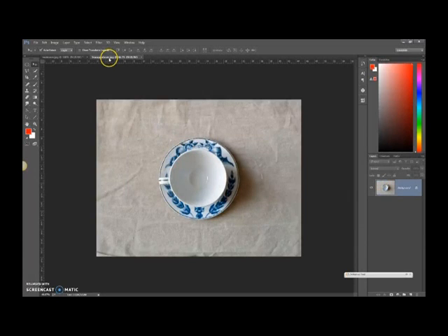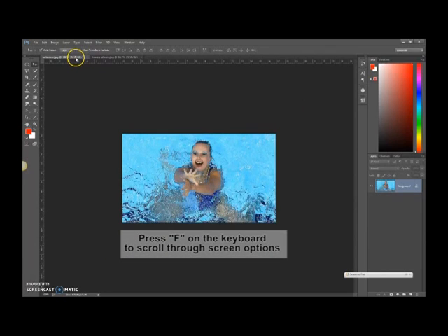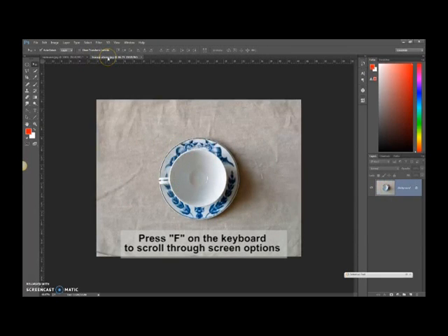If you have a teacup from above and a swimmer that's not quite from above, whenever you put the images together, it will not look right. Ideally, you want to see the images together on screen. Depending on the version of Photoshop that you're using, in older versions of the software you can press the letter F for Foxtrot on the keyboard to scroll through the desktop options, and whenever you see that the image has a blue surround and you can see other images with it, you're able to drag those images left and right so that you can see them side by side